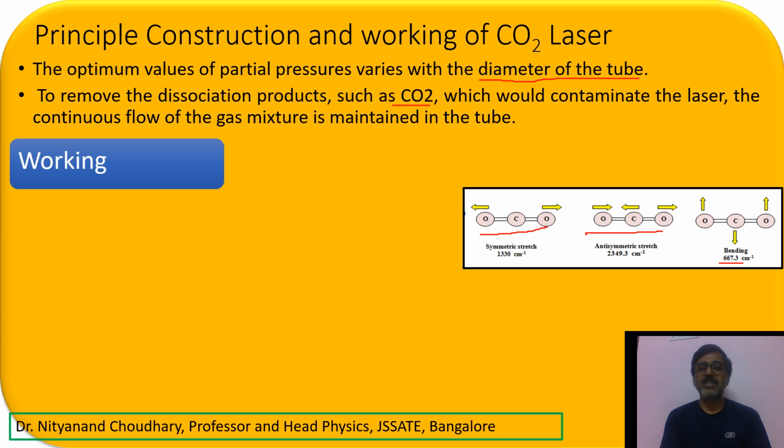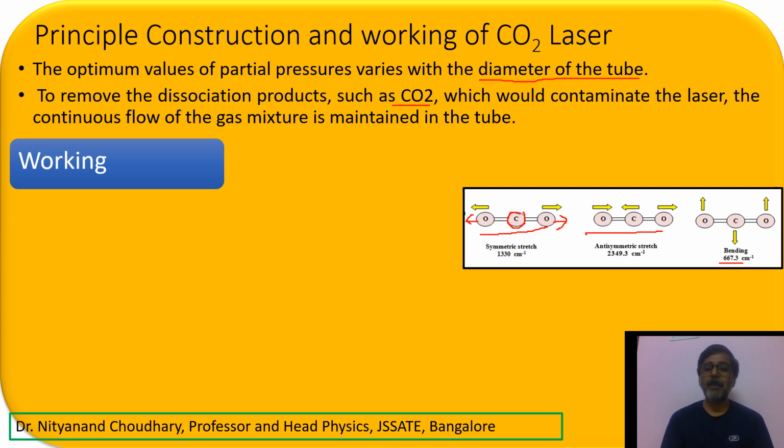In the case of symmetric, as you can see, the carbon is at the center and is fixed, but both the oxygens are vibrating in opposite directions. One oxygen is going in this way and the other oxygen is going in this way. If your carbon dioxide molecule vibrates in this way, then this type of vibration is called symmetric vibration. Now this vibration depends upon the bond between the carbon and oxygen, or whatever molecule you are taking, the nature of the bond, and the mass of the atoms in the molecule. Depending upon that, you can have different types of vibrations.